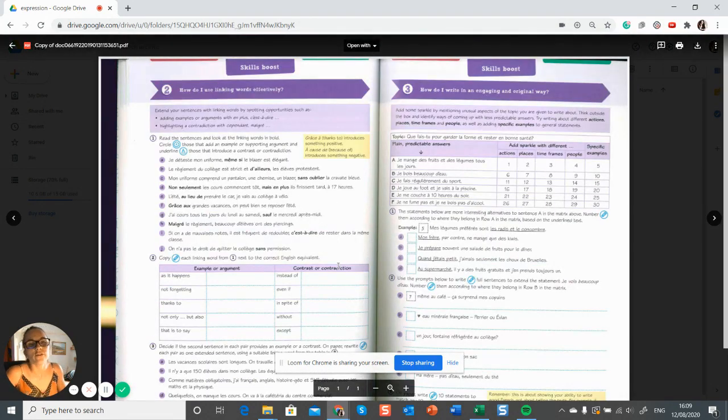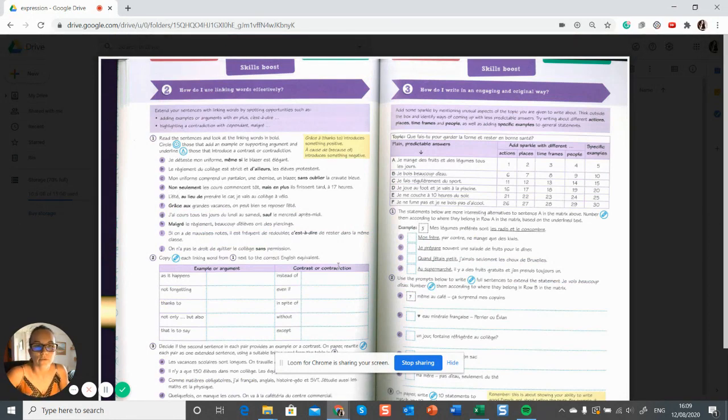And then the third point that these few pages are going to take you through is how to write in an engaging and original way. So here, try to vary the pleasure. So add examples, add anecdotes, add people in your story. So if you're saying, right,